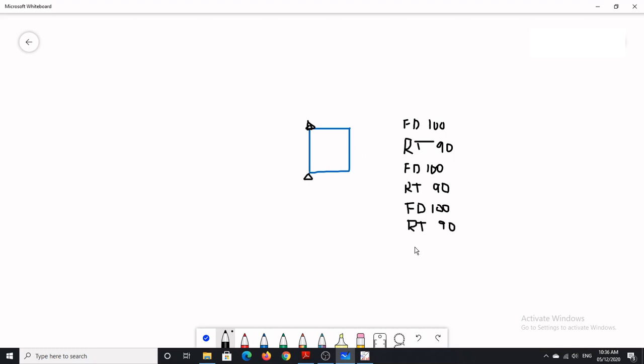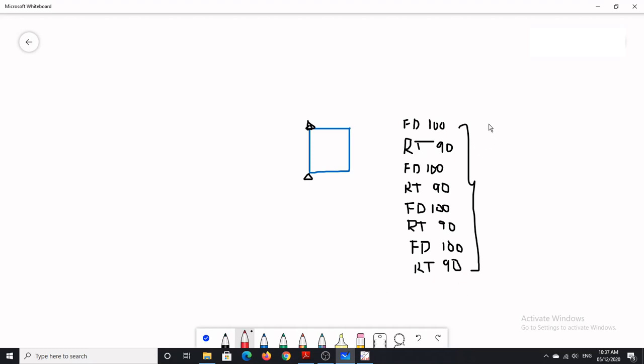Now to draw the fourth side, again I will give FD 100 and RT 90 to bring the turtle in its original position. So these many commands I need to execute to draw the complete square.